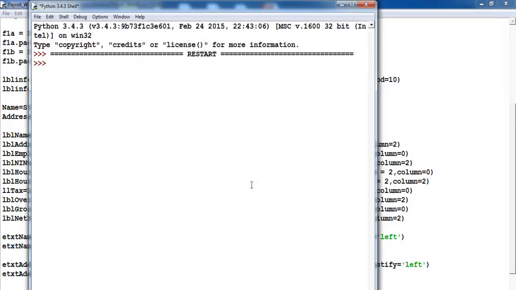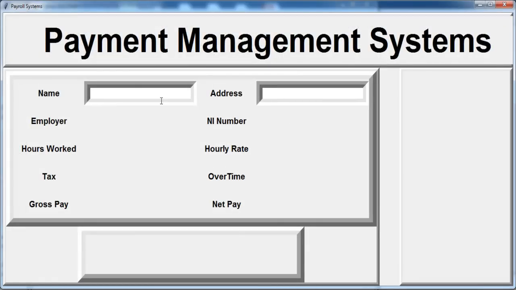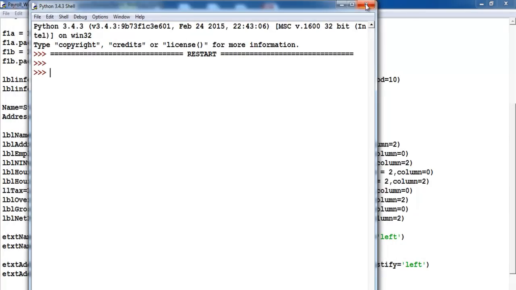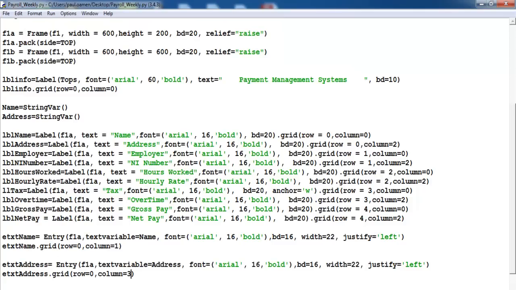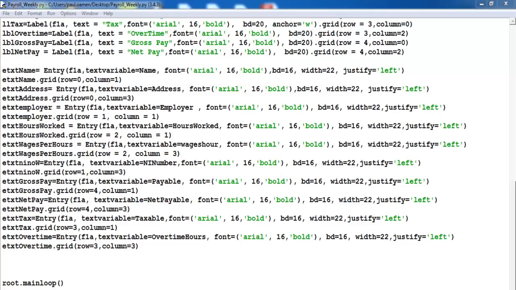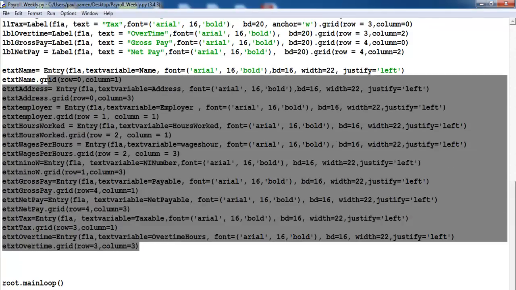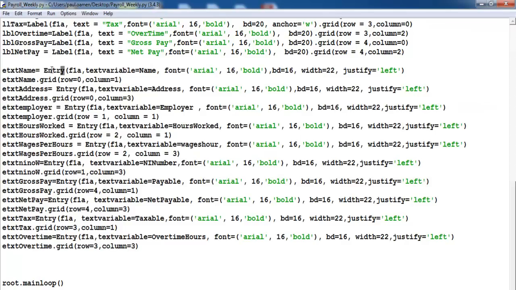Okay, there, this is how the system looks now. So I'm just going to speed that up. Okay, just speed that up now. Okay, those are the lines of code for the entry widget. Maybe I should just put a comment there. Just say entry widget. Those are the lines of code,